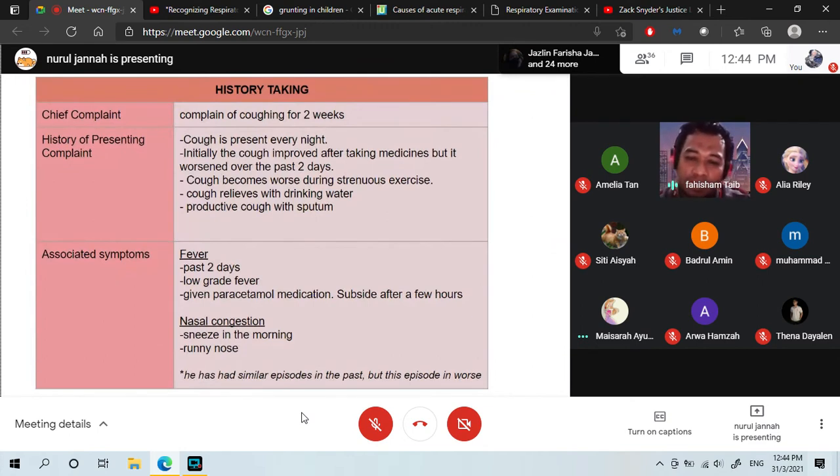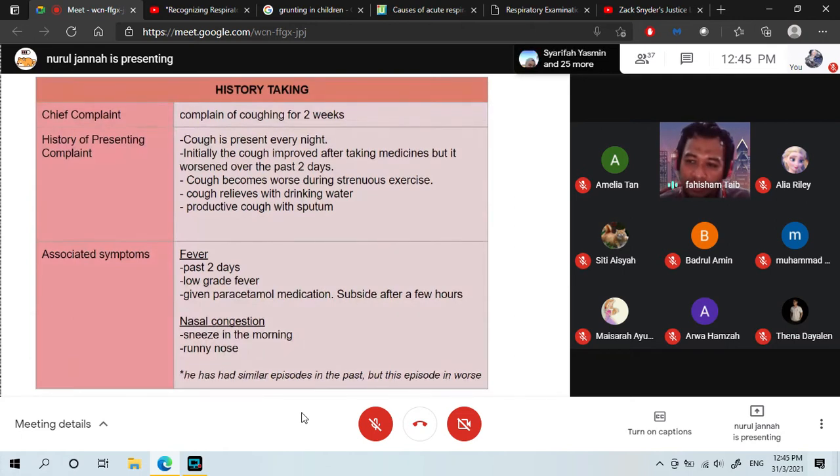Which means it's not only related to infection. It can be related to dust, temperature, food, whatever. There should be multi-triggering episodes, not a single trigger. If it's upper respiratory tract infection alone, it's not asthma. You must remember that it's only one trigger. It's not asthma, unless it is exercise-induced. Exercise-induced, that's asthma, but the rest is not. It's only an upper respiratory tract infection, followed by an episode like bronchiolitis. So maybe it's just virus-induced wheeze. It's not really asthma.